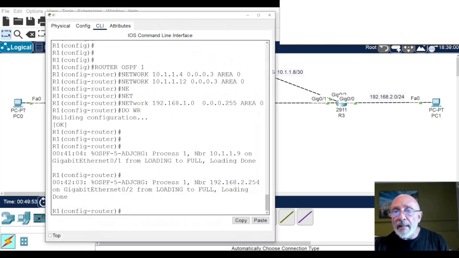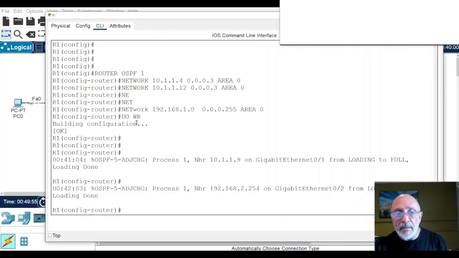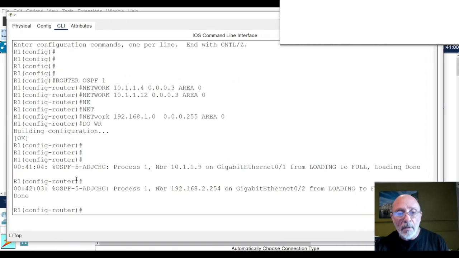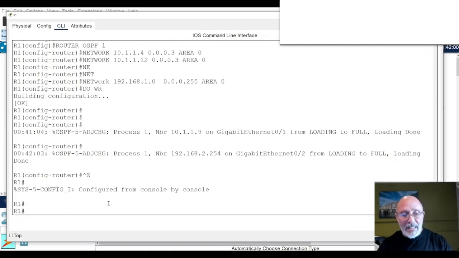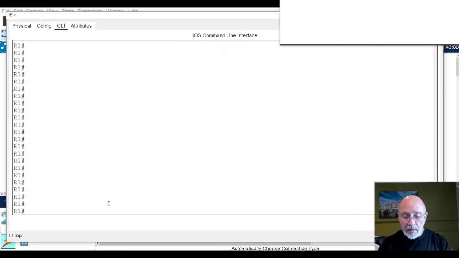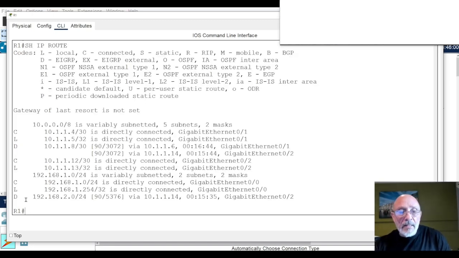Let's go ahead and make this wide so we can see a nice routing table. Control Z, right? Clear all that mumbo jumbo. Show IP route. So now we see, this is a problem here. We see D and D. Well, why is that? What's going on there? Well, because by default, EIGRP uses 90.